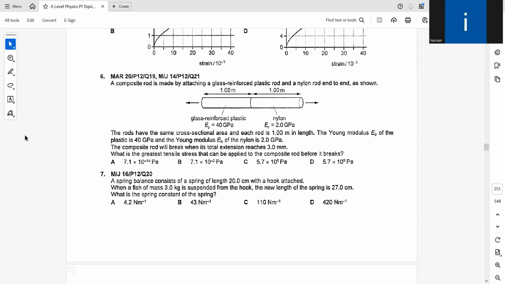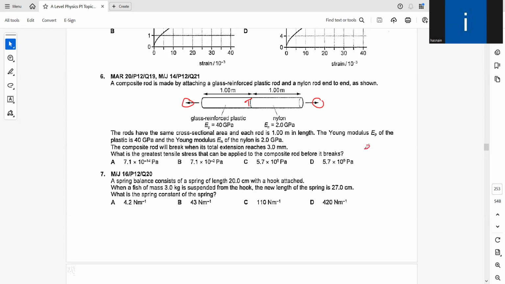Okay. So this deals with a composite rod. Okay. So glass, plastic, and nylon. Okay. Greatest tensile stress that can be applied to the composite rod before it breaks. So someone is basically pushing this rod, pulling this rod. So the force here is tension because this is going to try to expand this. So the composite rod will break when its total extension